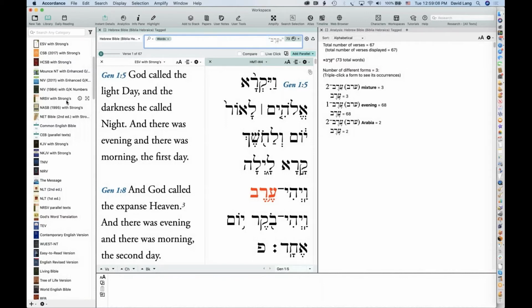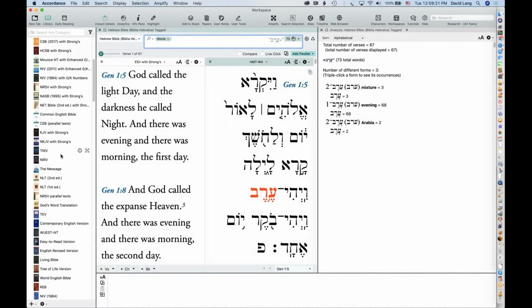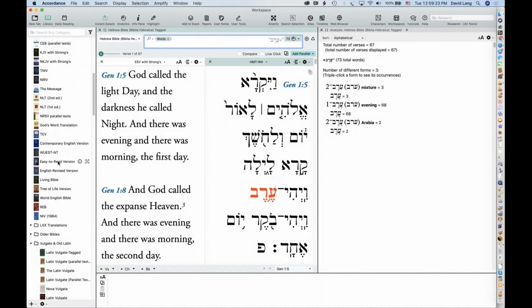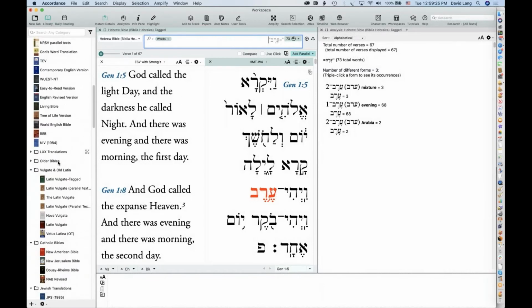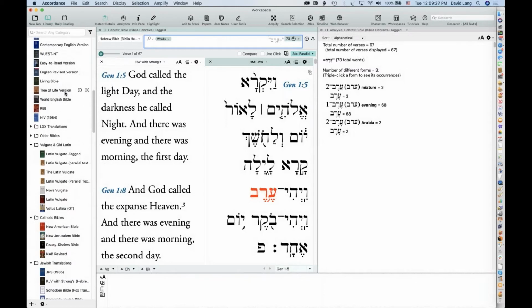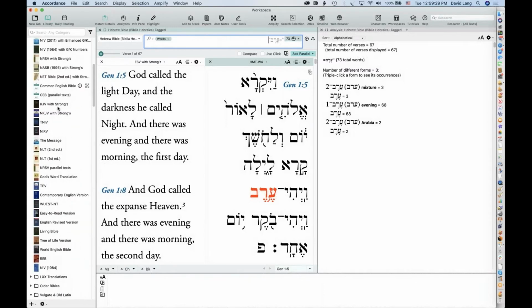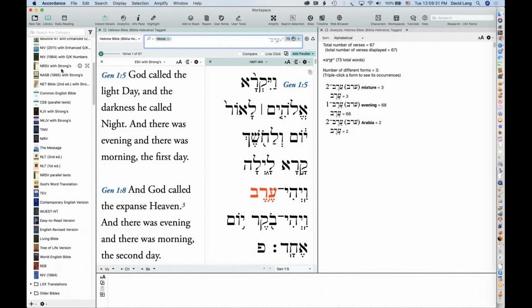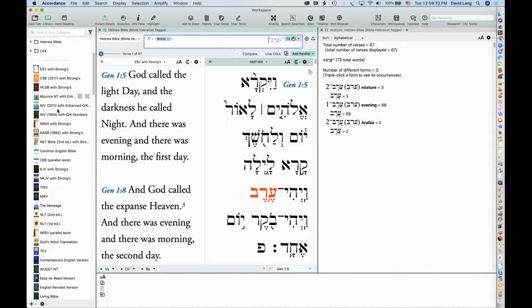We have the NRSV with Strong's, the NASB 95 with Strong's, the Net Bible with Strong's, the KJV with Strong's, and the New King James with Strong's, and the JPS, which I probably have under Jewish text or something like that. But the JPS version is also a text with Strong's numbers. We have the Hebrew New Testament with Strong's.